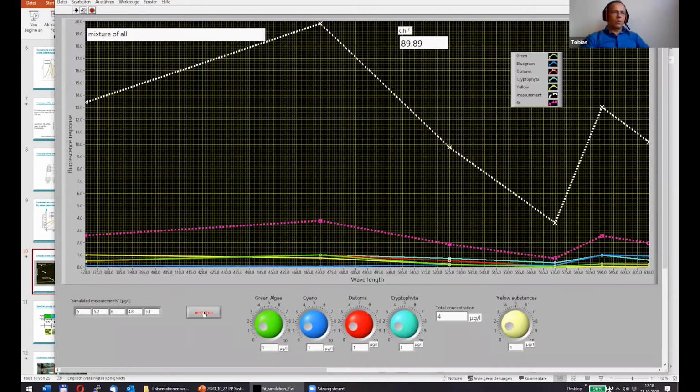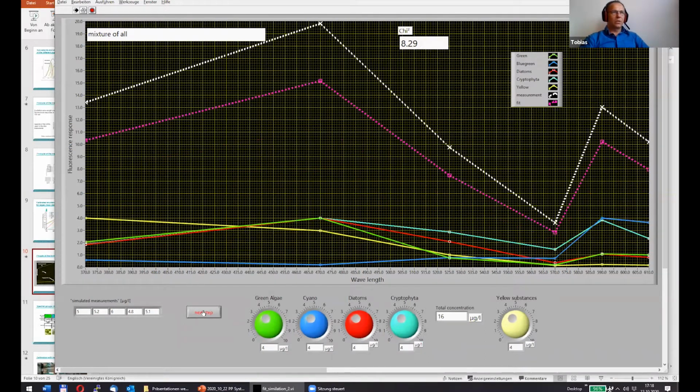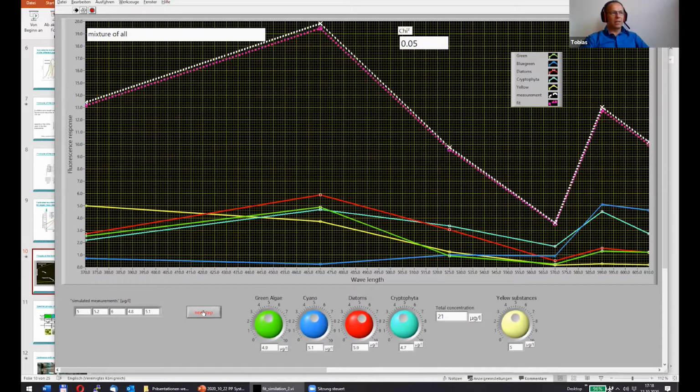Now what we have in nature is the last picture of that. We have a mixture of algae, and if you have a different concentration, you have to multiply a product of the calibrated situation with this content, and you get a better and better chi-square, and you have different groups of algae.